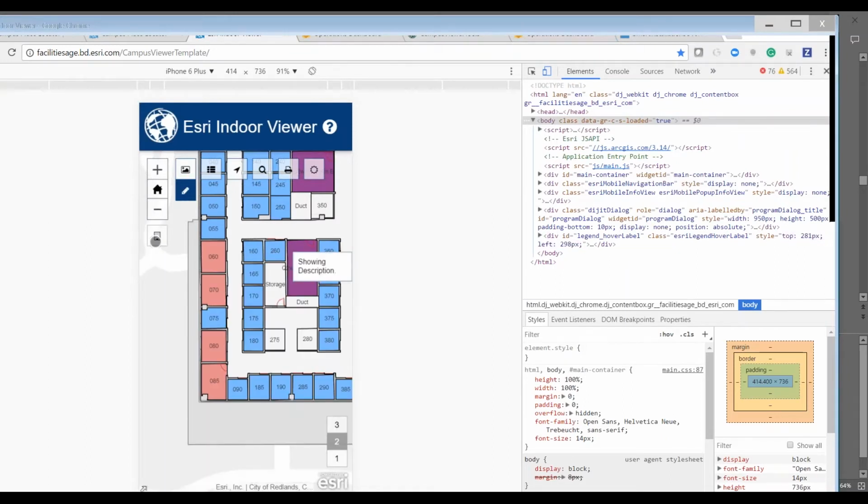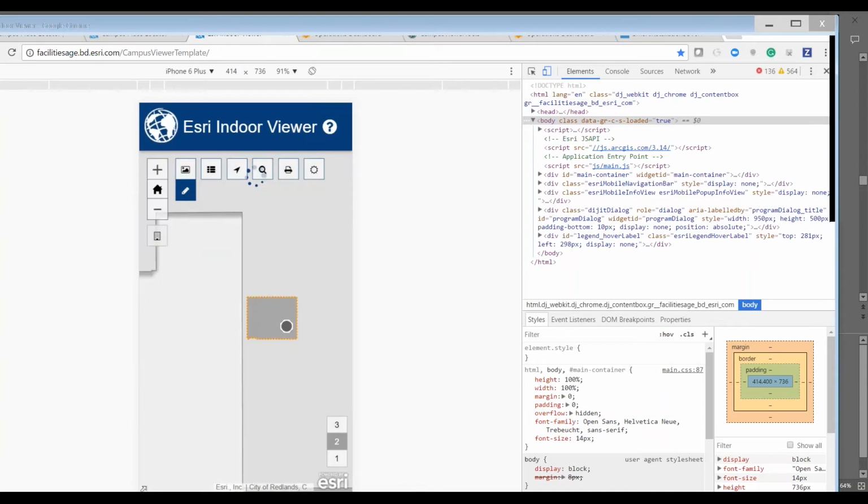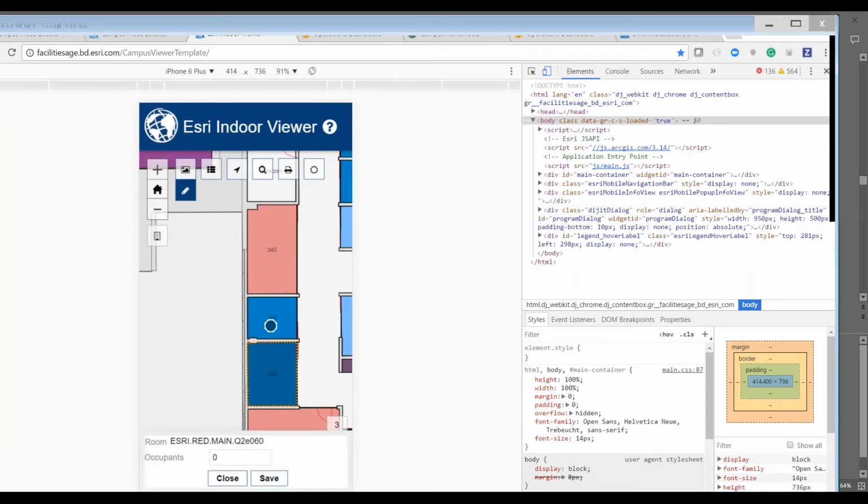So I'll zoom back to the scale of the building and then pretend this is one of your space auditors. They have a tool that they can put in their hands. They can run around across your installation, figure out where people are, and continue to update the number of occupants, for example,